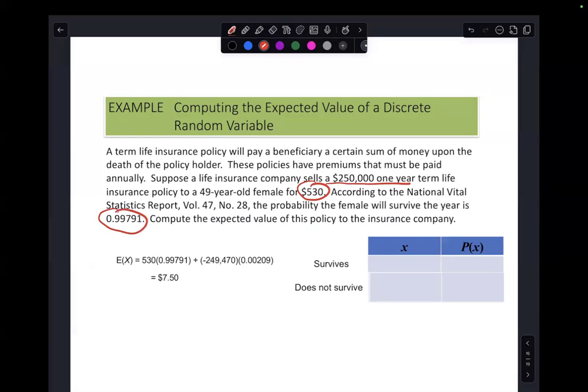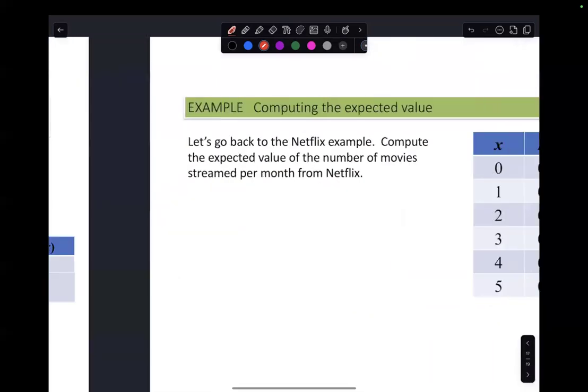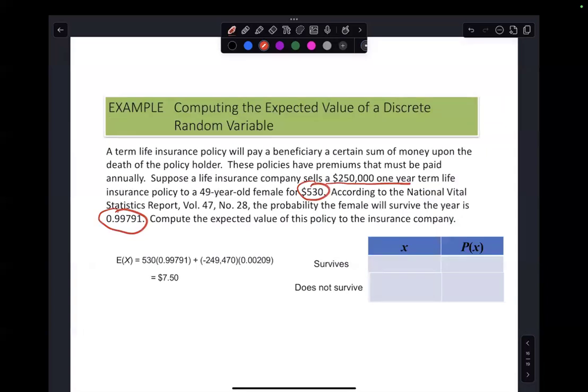We're going to compute the expected value. Okay, so if she survives, then the insurance company gets $350. There's a 0.99791 probability of that happening. If she dies,